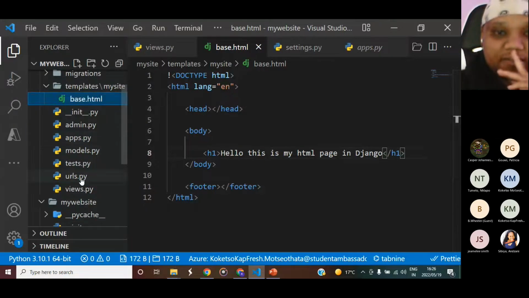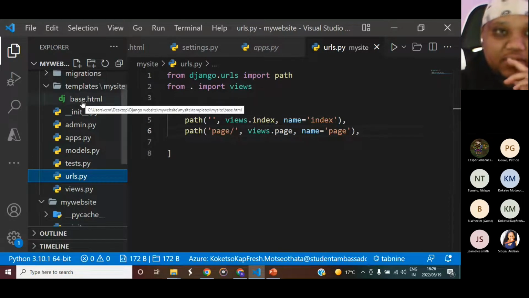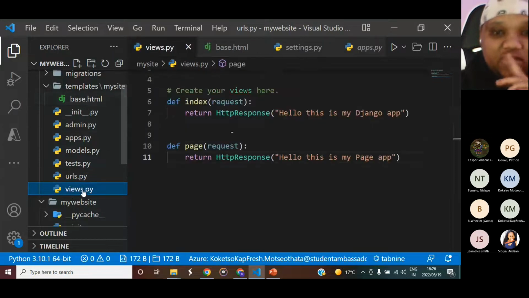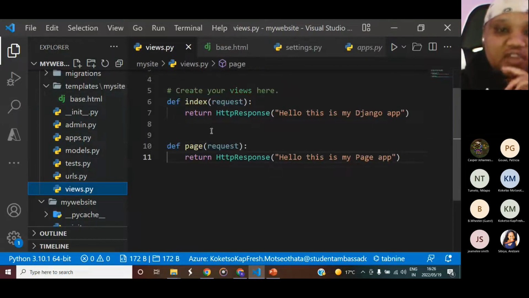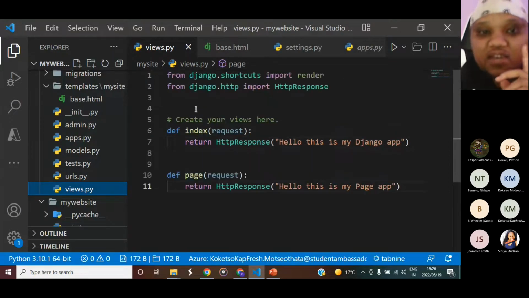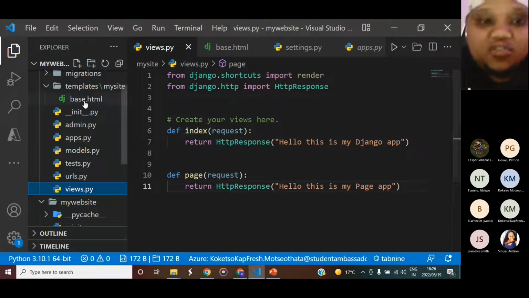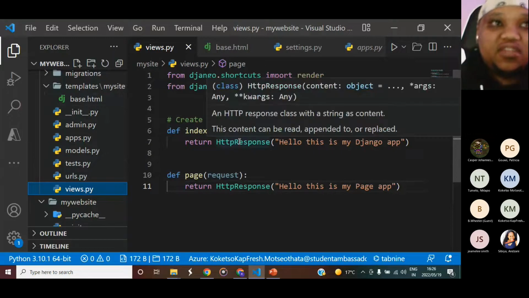So if I go to my URLs, I already have an index page over here, but remember, I named this base, right? So what I then have to do is go to my views, and you have to actually think that, okay, so I have two functions, which is that page that I spoke about, and we have that index. But my one is actually called base, but I don't want to change anything over here already, because what I want to then do is go to